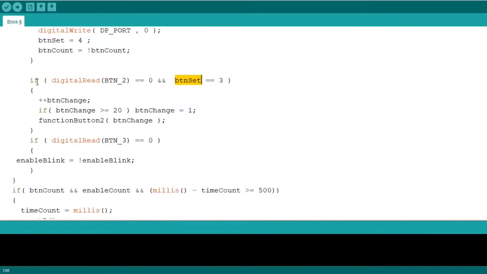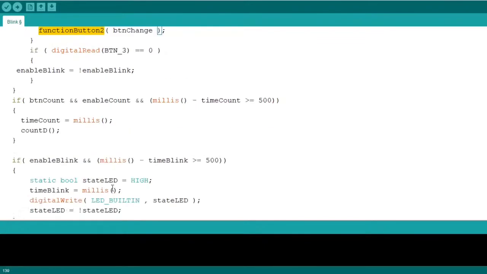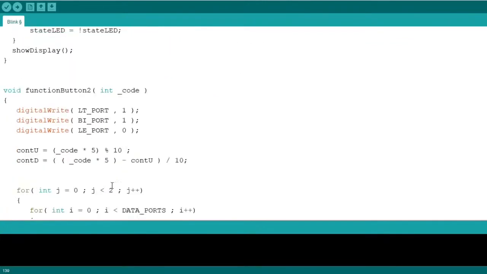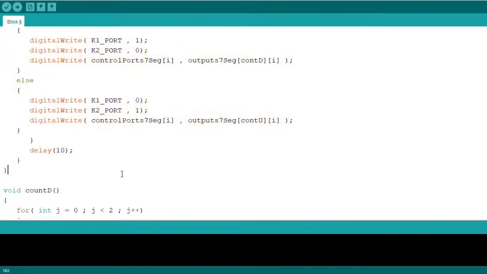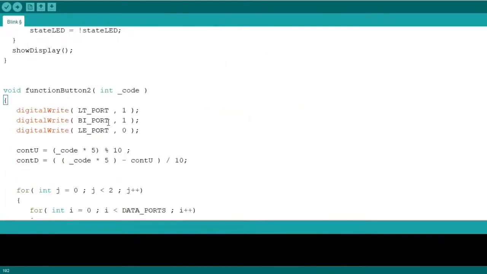So when I press the button, I can establish the initial count, right? So I use the function button 2 to establish the initial count. So if we go to the function button 2, that is here, look, this function, what does the function do? Right,